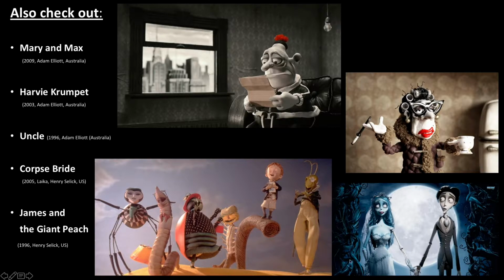Anyway, Corpse Bride is a really gorgeous movie. That was also on Netflix at one point, but now it's been taken off. But yeah, really gorgeous work. Also a muted palette, kind of a very blue and gray palette for the real world, and then part of it takes place in the